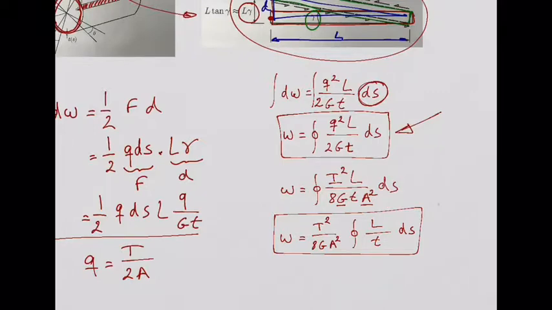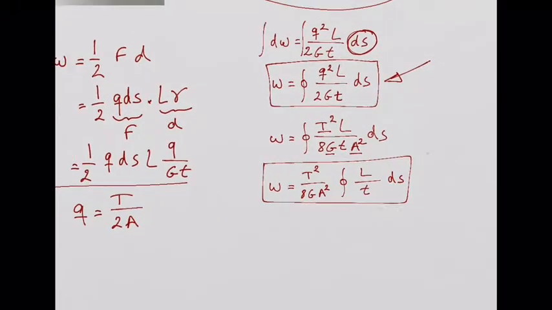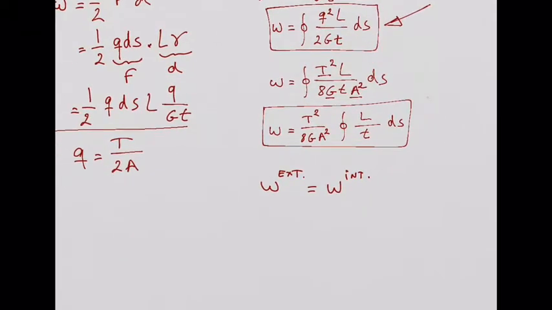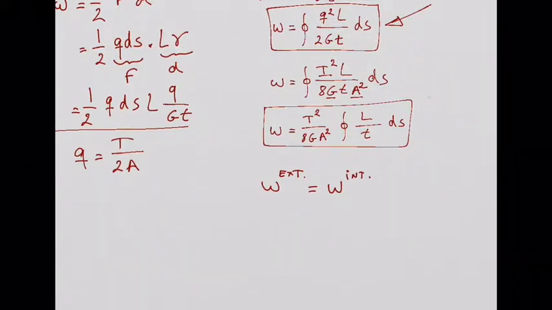Okay? And I think you did that in year 2, eventually, in solid body mechanics. This internal energy, we can write this way, internal energy needs to be equal to the energy produced by the external forces. Okay? External forces or external moments. In this case, in torsion, in fact, it is external moments. So the energy produced by the external moment is given by 1 over 2 the torque times the